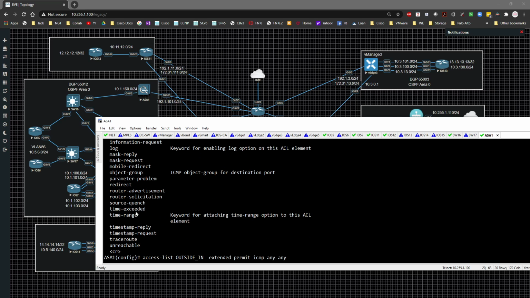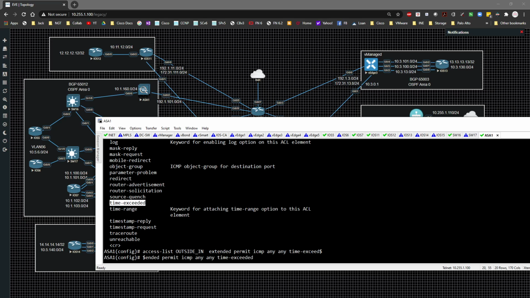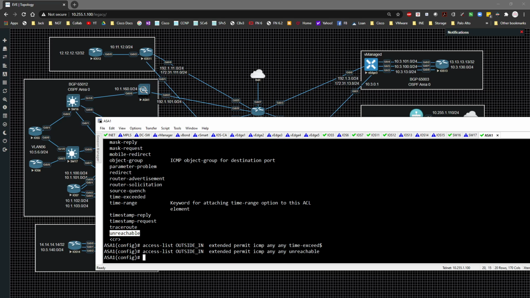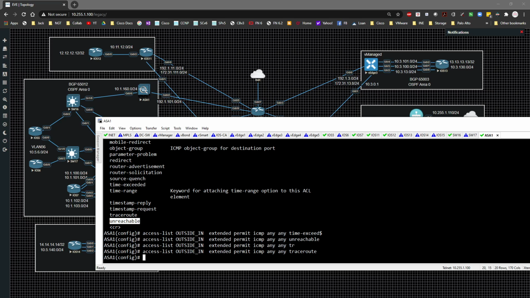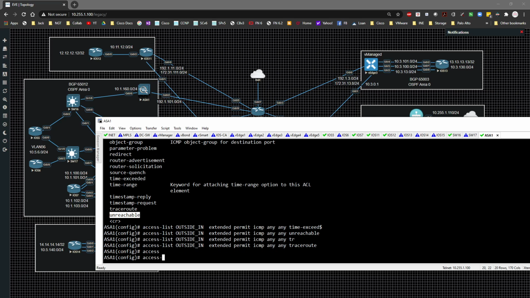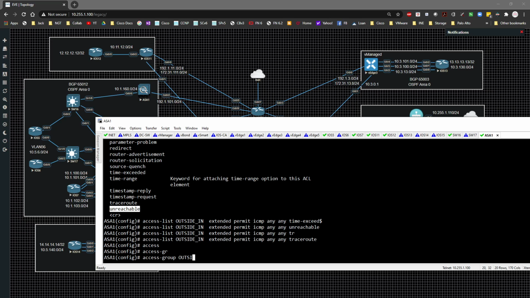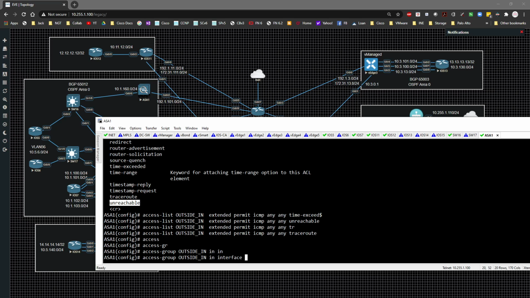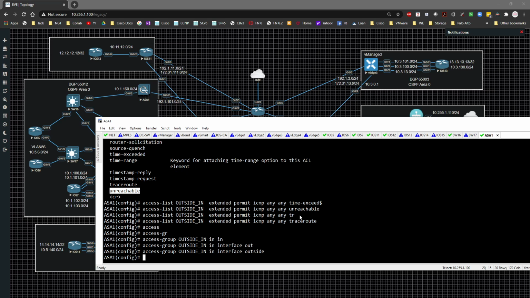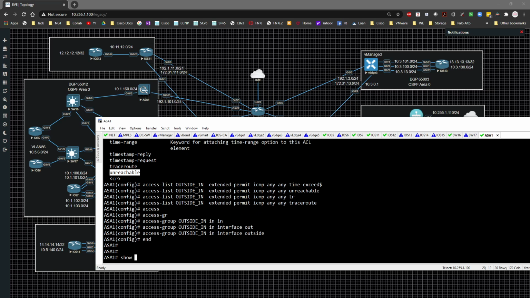As long as it's either a time exceeded or any, or as long as it's an unreachable. And I'll throw in trace route as well, just for good measure. Now that we've got the ACL created, we need to apply it. So we'll type in access-group outside-in interface outside, making sure I type it in right. What that basically will do now, if we do a show access-group,